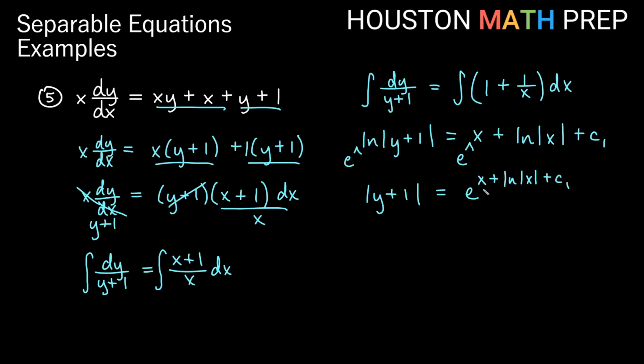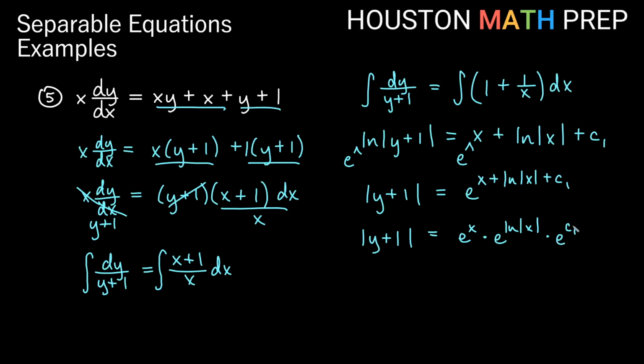But that's okay. Let's go ahead and use some properties of exponents to break this up. So we're going to say the absolute value of y plus 1 now. Now remember that add in exponents becomes multiply between exponentials. So this will be e to the x times e to the ln of x here times